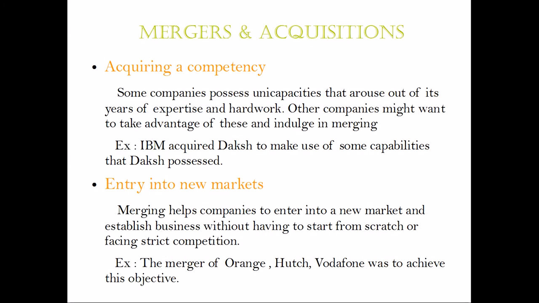Acquiring a competency. Some companies possess capacities that arise out of years of expertise and hard work, and other companies might want to take advantage of this and indulge in merging. So IBM acquired Dux to make use of some capabilities that Dux possessed. This is kind of like what we have seen in acquiring new technology, but it doesn't really have to